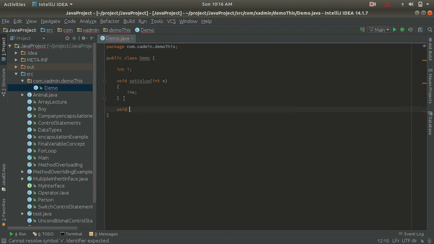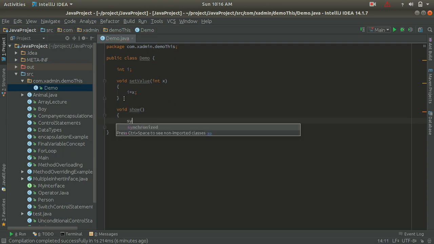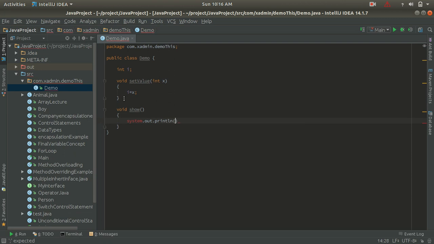Let's keep the name of the method as show, and inside this method I am going to write a System.out.println which is going to display the value of i, right?